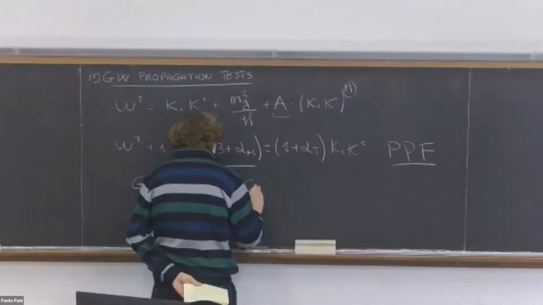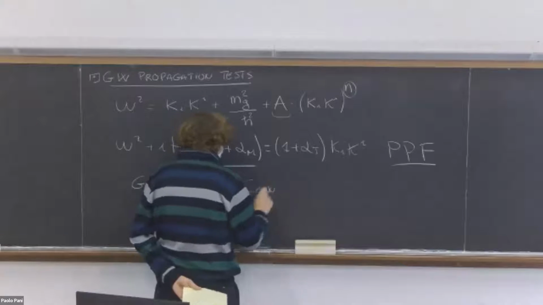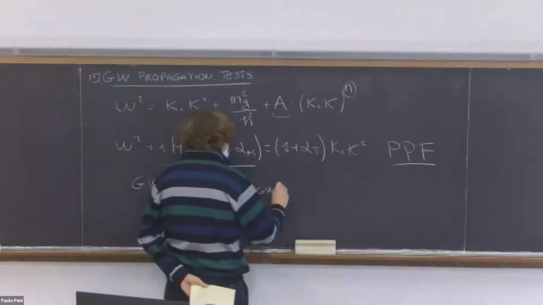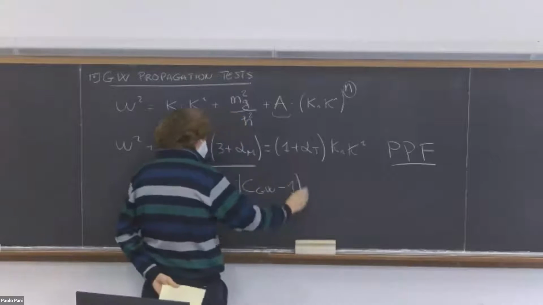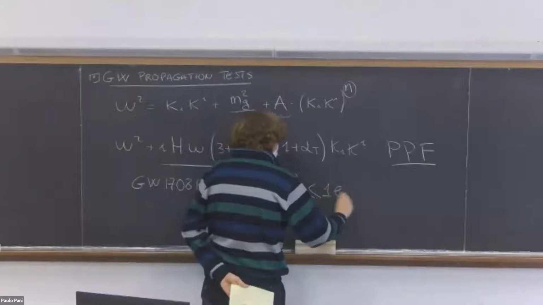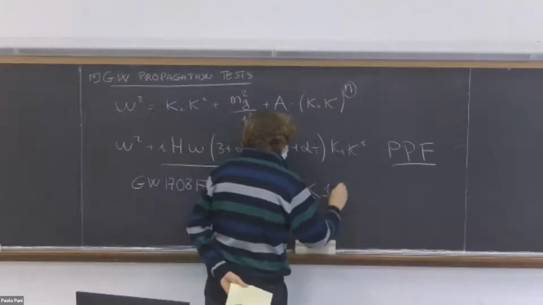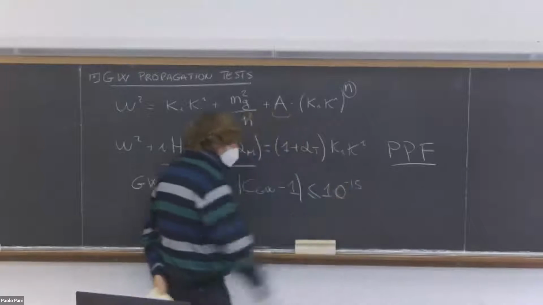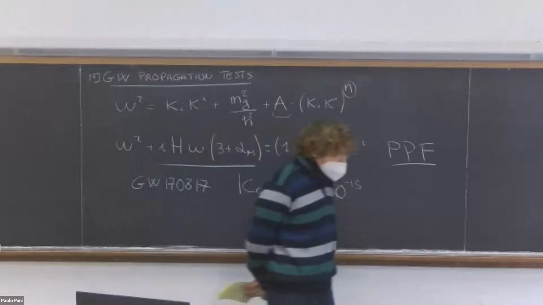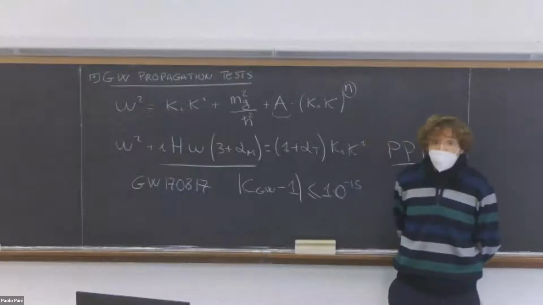The speed of gravitational waves, let me call it c_GW, is different from 1 by 1 part in 10 to the minus 15. So essentially, it's a great confirmation that gravitational waves propagate at the speed